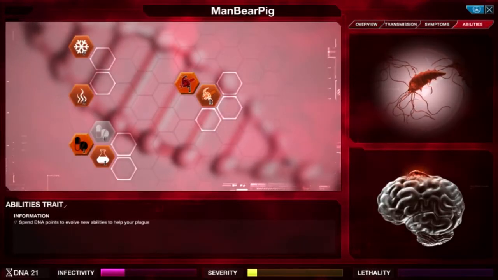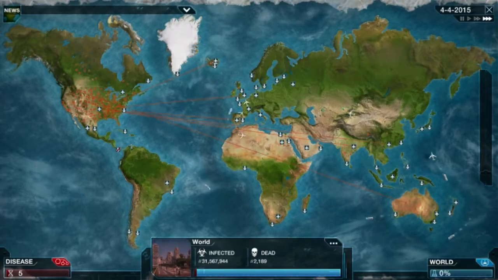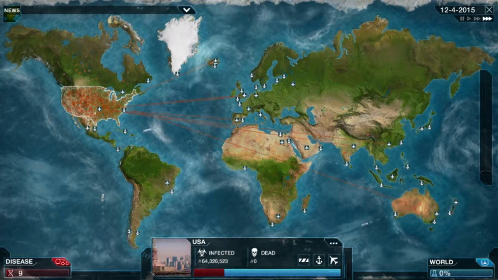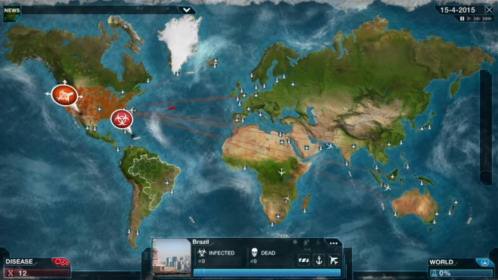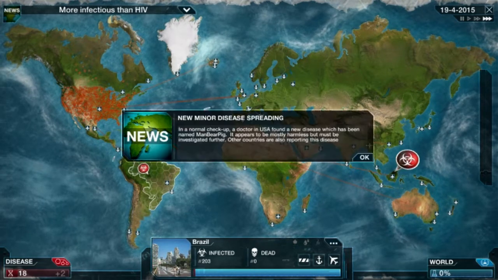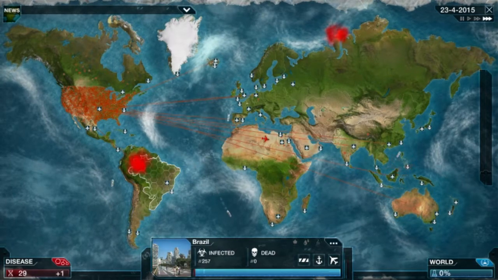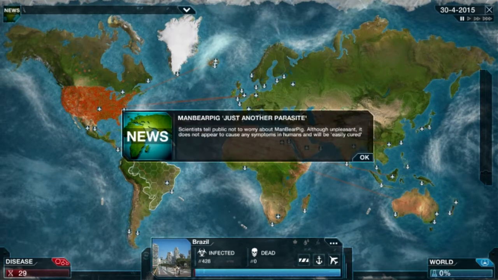Now what I want to do is, I actually like the Trojan planes ability with this. So I like to upgrade it to maximum as soon as I start actually being able to use the Trojan planes. What it means is, when I do send a plane somewhere, it's going to send a lot more people. So there we go, we sent 200 diseased people to Brazil. So the more people you get there, the easier it is to continually...